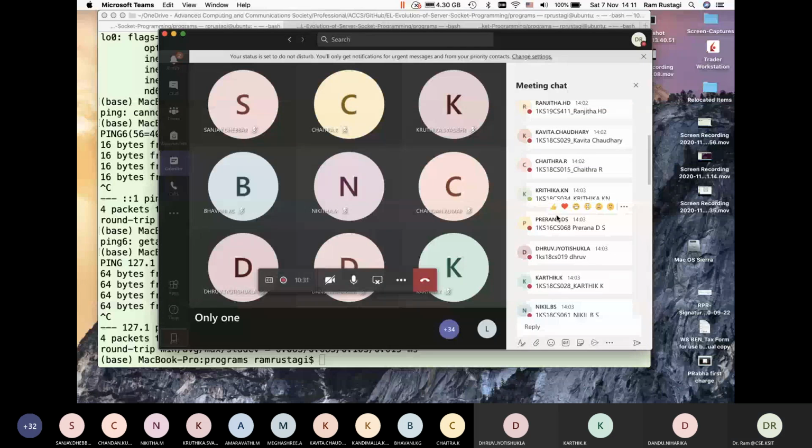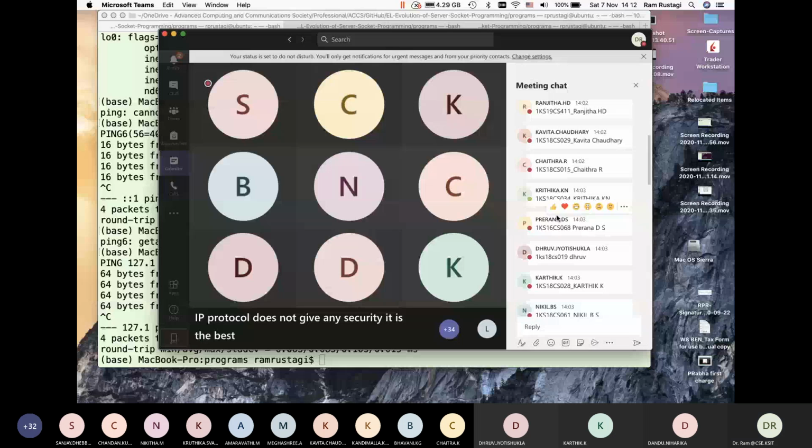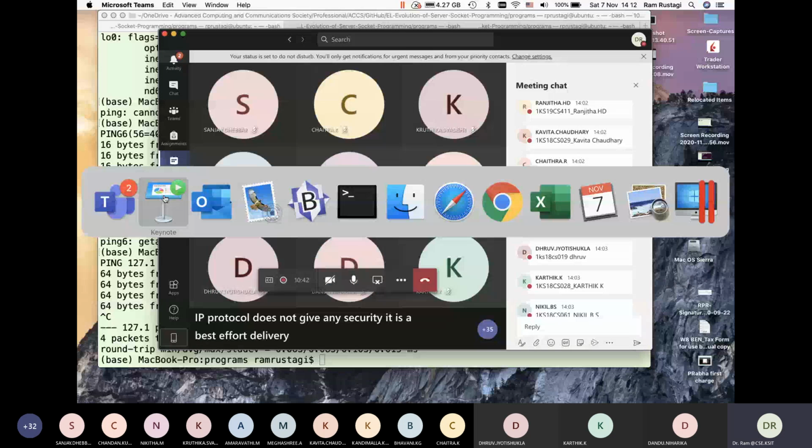Anyone? Chatra? The IP protocol does not give any security. It is best effort delivery. So when IPv6 was thought of,